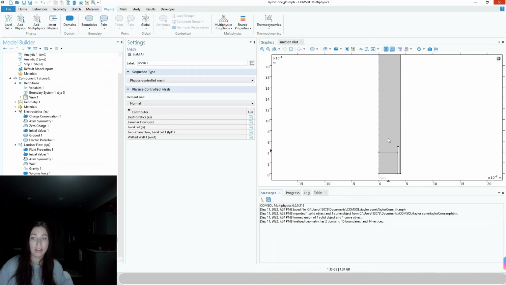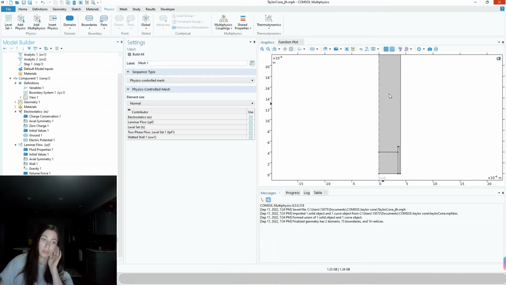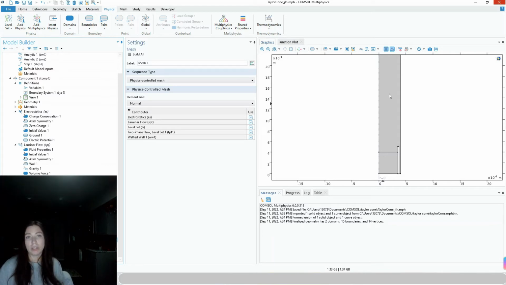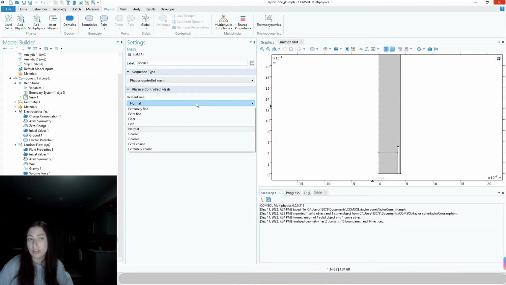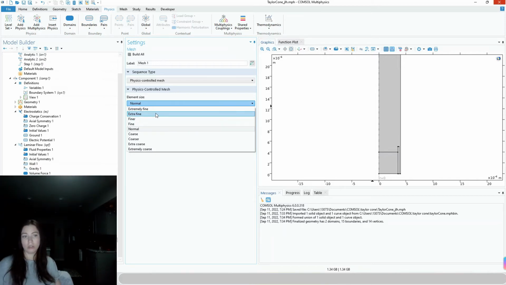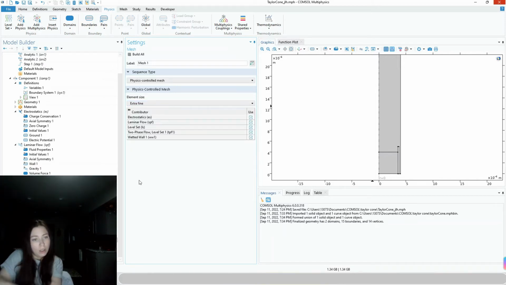We want to have as small a mesh as possible in the area where the level set is occurring, because remember, we're trying to model droplet level changes in a two-phase interface, so we want very fine resolution there in our meshing. So I'm going to choose extra fine,